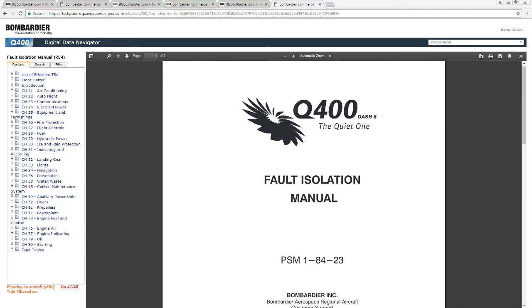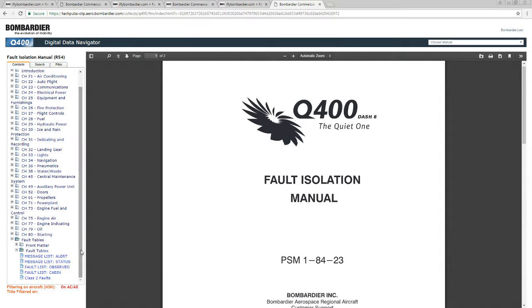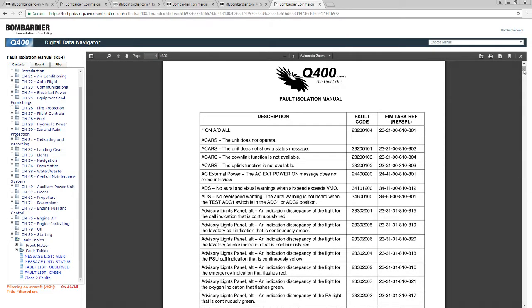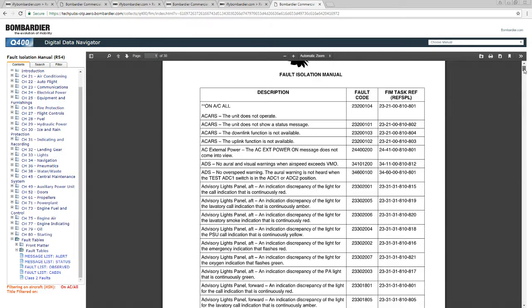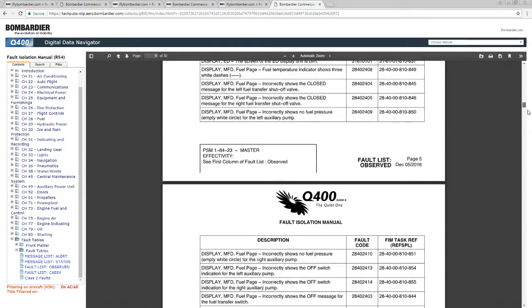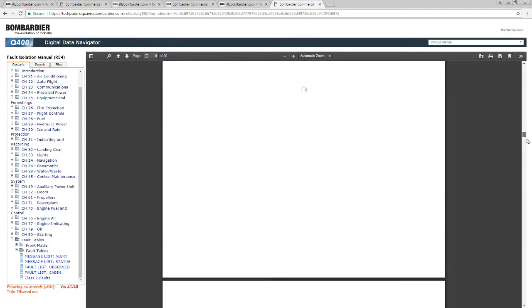So let's look at the Fault Isolation Manual, and you can look directly in the ATA chapters. For example, chapter 26 is your fire protection, so assumably it's going to be in there. Or you could go to the fault tables, which is down here at the bottom, and when I open up fault tables, I'm going to look at the observed fault list. The observed are things that I see. Like, for example, if I'm looking at the fire protection panel, I'm going to scroll down and it's all alphabetically organized, so I'm scrolling through the A's, and now I'm going to get to